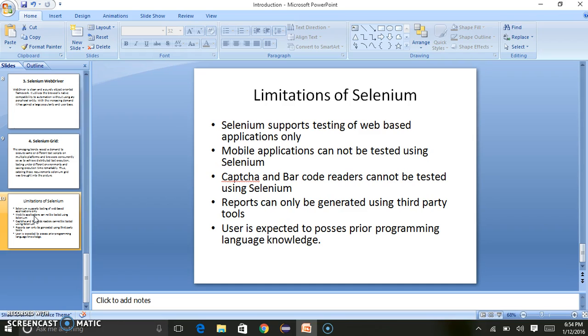And the last one is that the user is expected to possess prior programming language knowledge. As I told you, before writing the automation test script, we should be well aware of the Java language. In our upcoming tutorial, we'll see how to set up the Selenium